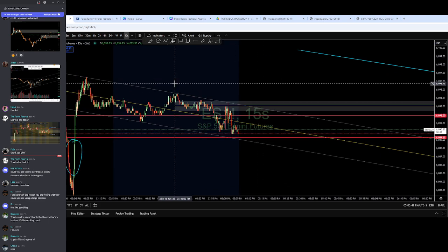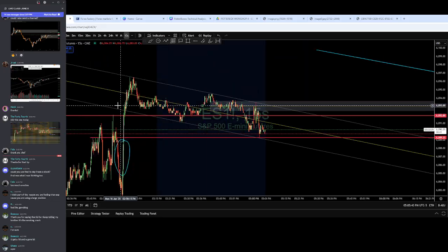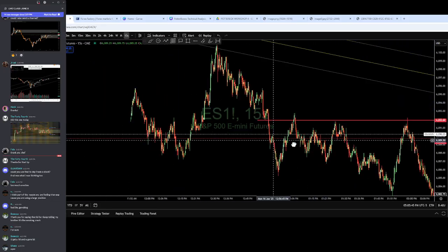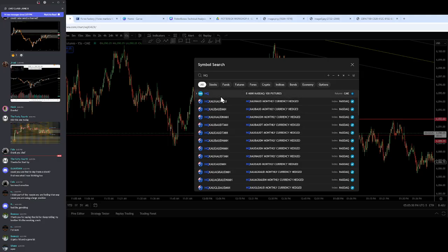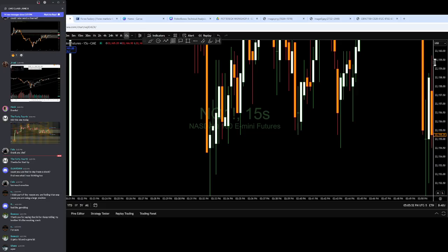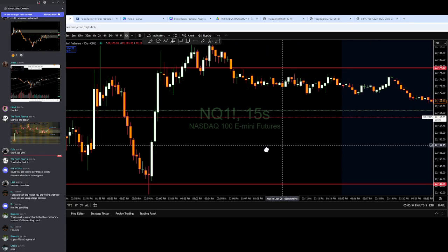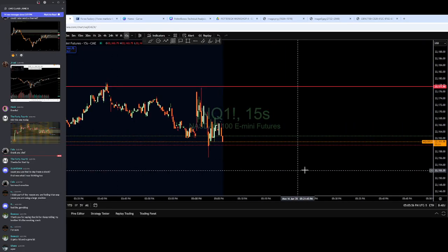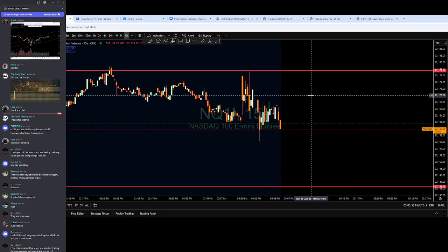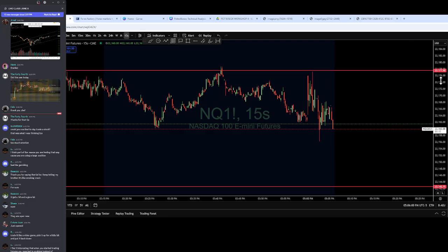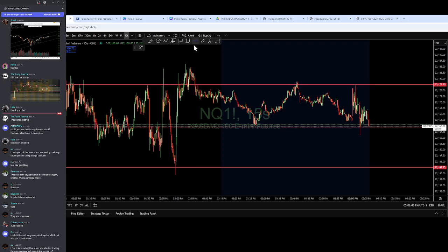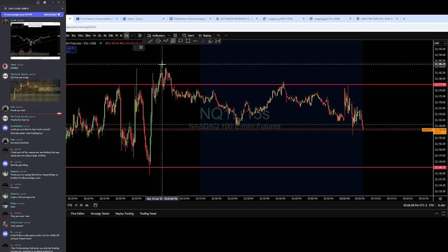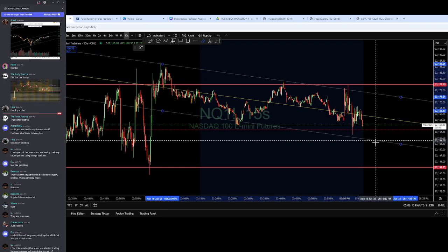And then again, this is the 15-second and after hours. It dries up. Also, this is crazy. I don't know why, but the NQ is so much better. Yeah, the NQ. Look, this is the 15-second. Look how much better that is. That's crazy. Same thing here. Oh shit. And we're going to hit that. Yeah, same thing here. 15-minute downtrend.